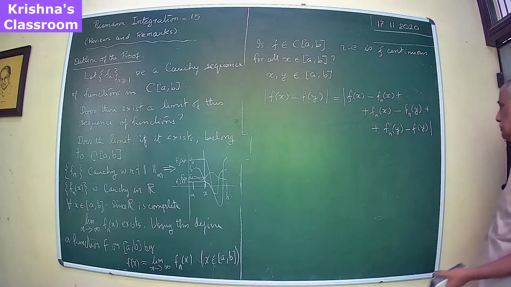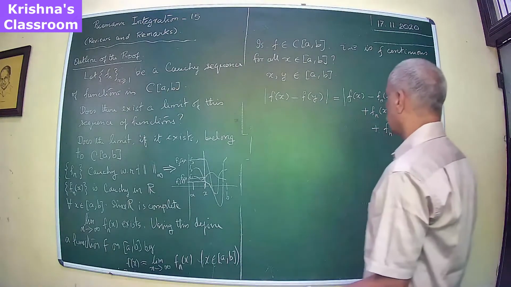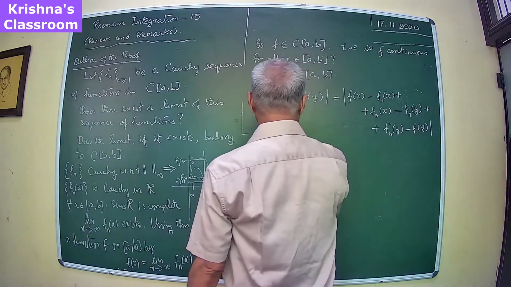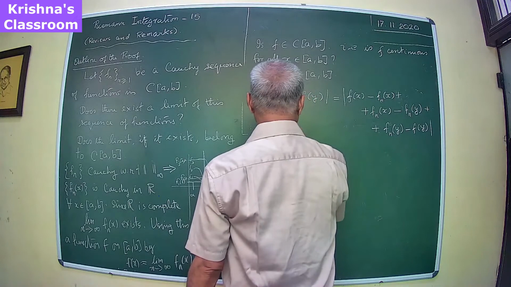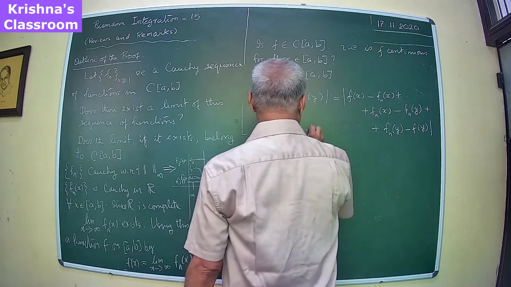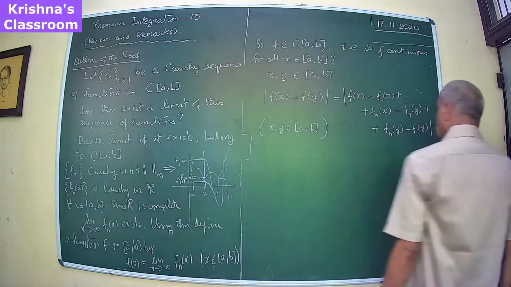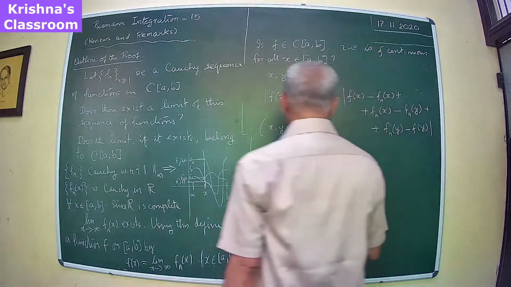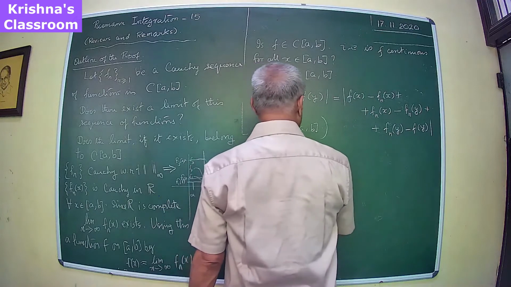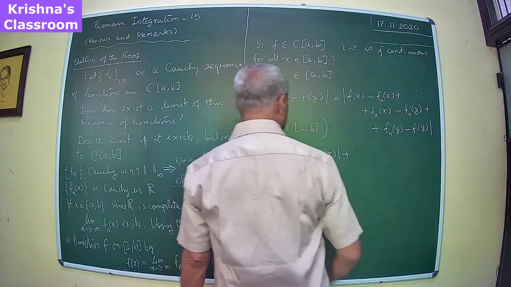Okay. Now these, of course, are numbers for fixed x and y. So you take x and y, x comma y. Now you estimate this. This is less than or equal to